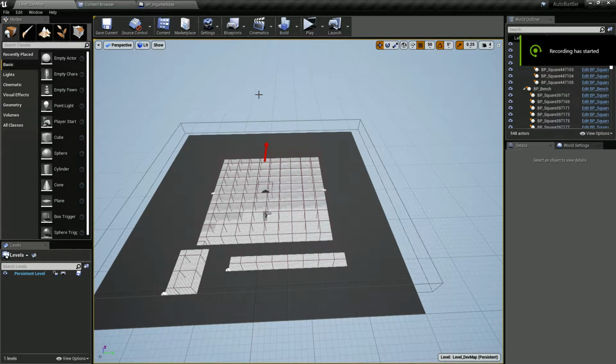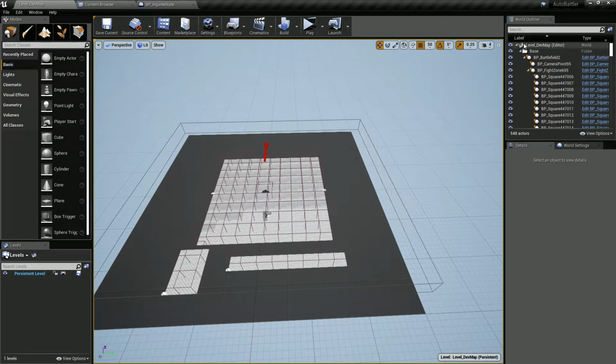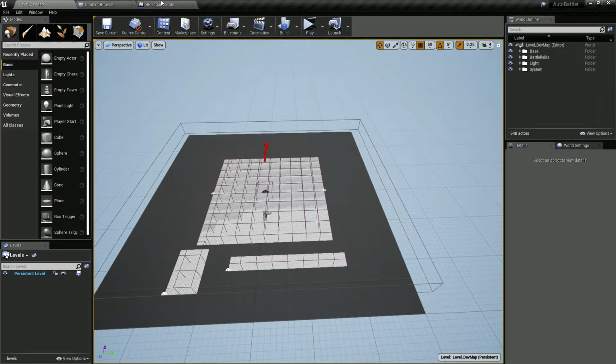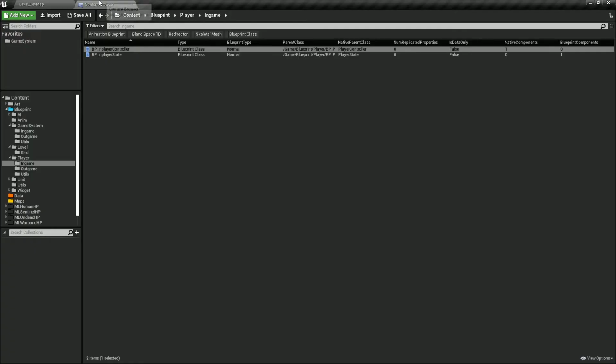Welcome everyone in this new live development video about building an auto battle game. In this video we're just gonna build a little widget to debug what currently happens in the different battlefields locally